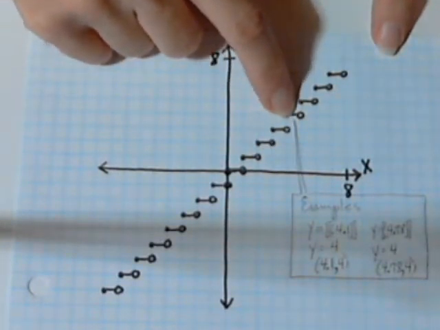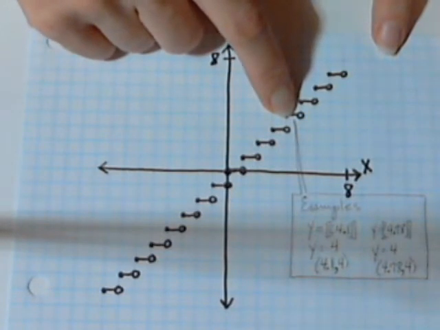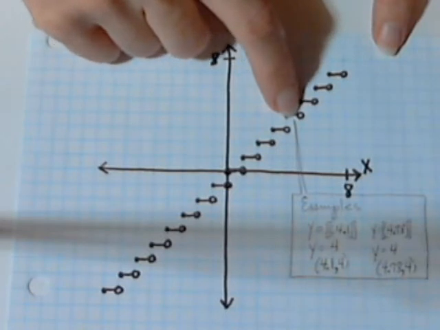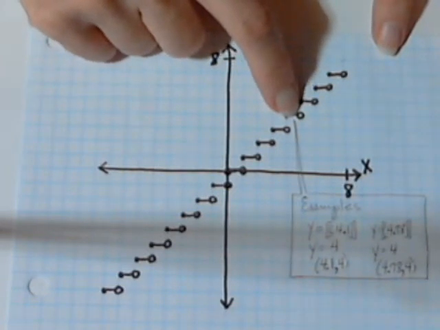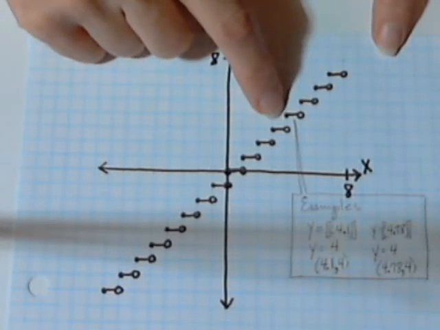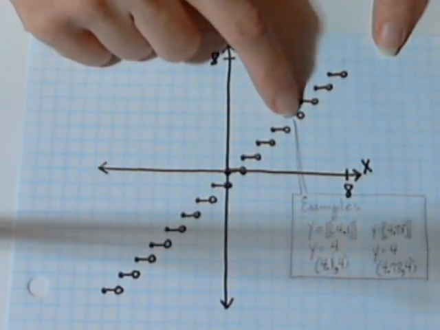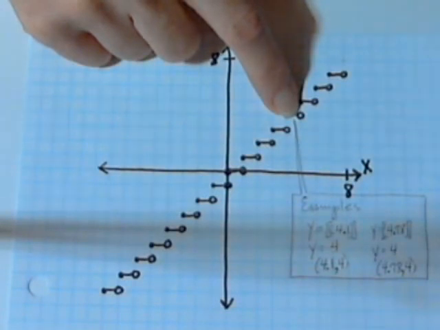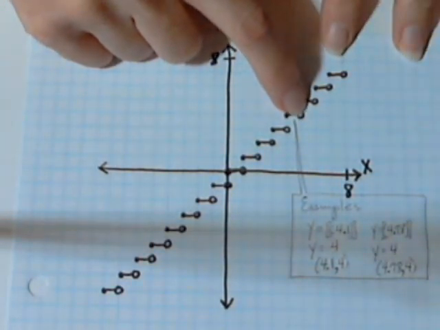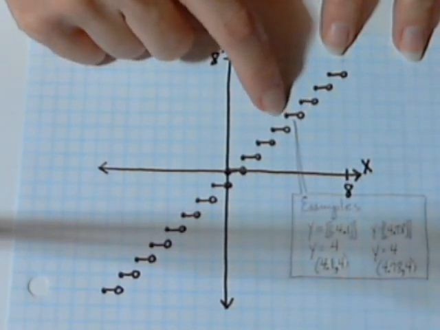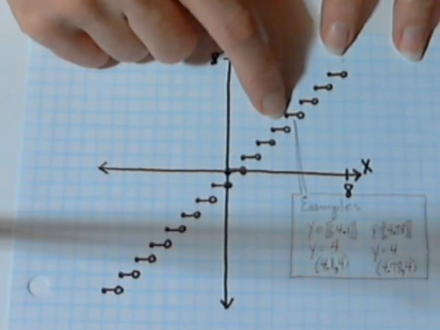If I put in an x value of 4.3, I'm going to get out a y value of 4. If I put in an x value of 4.9, my greatest integer, I'm still going to get out a value of 4. So your y value stays unchanged no matter what x value of 4.1, 4.15, 4.2. You're still going to get a 4. Of course, you never reach 5 because your greatest integer is the previous integer. And so we have closed circle,